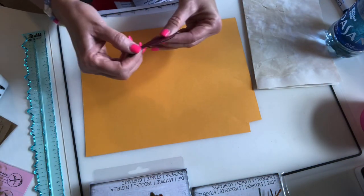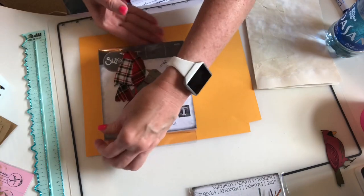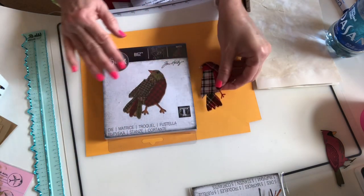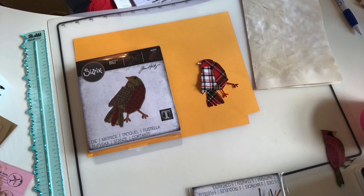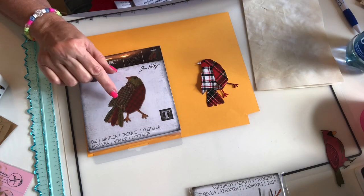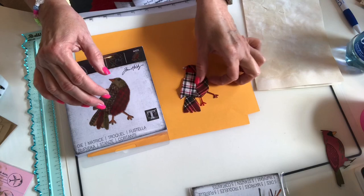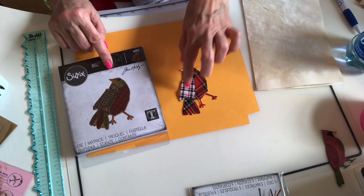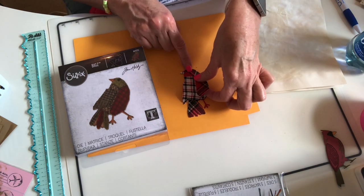Okay, so I've got that bird. Like I said, I've been on a bird kick. And then I bought this big die, and I bought some fabric because the example on the front of the die is a bird that is cut out of fabric, and I liked how they used flannel and stuff. So I've started working on part of it, but as you can tell, I've still got more colors to cut out because I really don't want the head and the wing to be the same